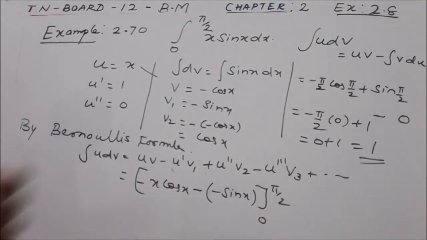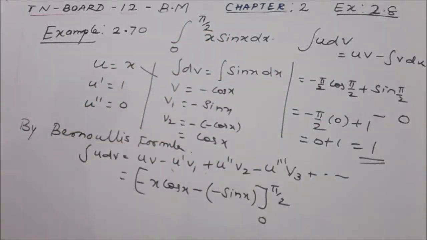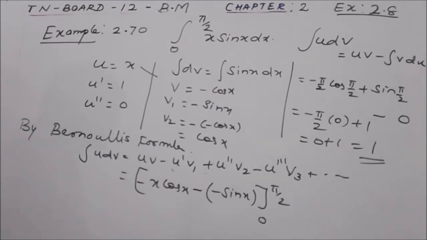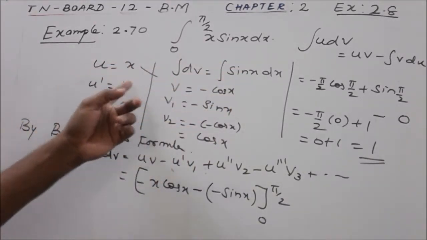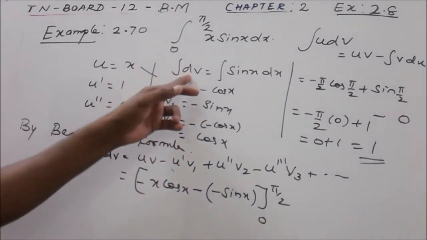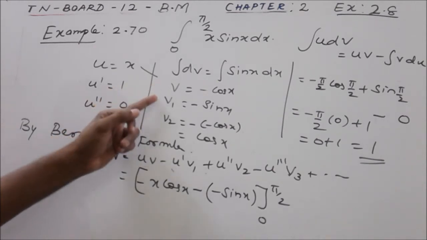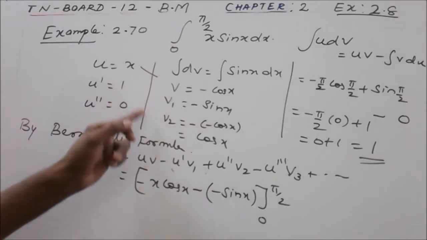This is very simple, because we have already done this type of problem many times in earlier exercises. By the integration by parts method or the substitution method we have applied. Here two functions are in product. One is taken as u by choosing the order of priority, u equal to x, the remaining is dv. From u find u dash, u double dash, and then integrate dv to get v. Then consecutively integrating again we get v1, v2. Here successive differentiation, and continuous integration.